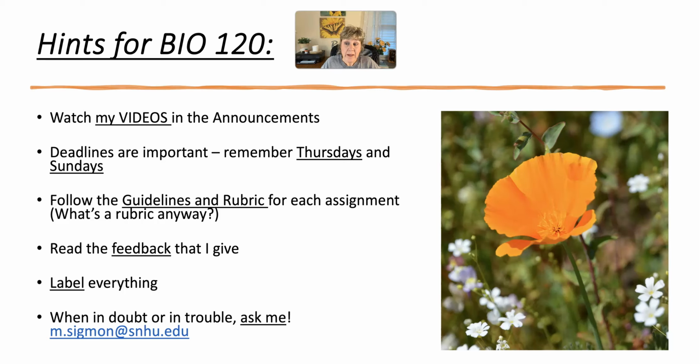The rubric is the way that I grade based on what? The guidelines. So the rubric is the grading scale. It tells me how I'm supposed to grade each component of an assignment. And so you will see that as I'm grading, and I leave feedback for every one of your assignments. You'll see a rubric, and you can read my feedback and then see what I've checked on it.